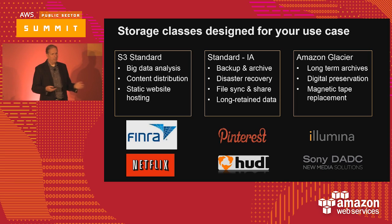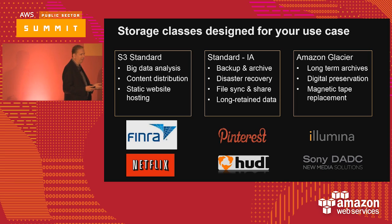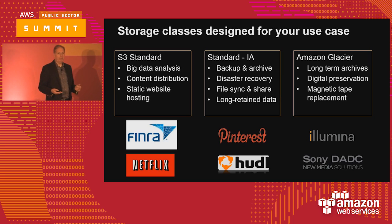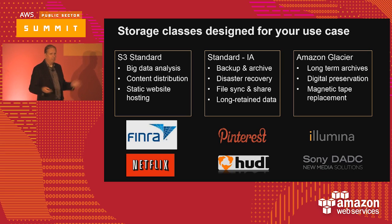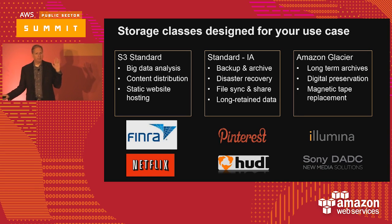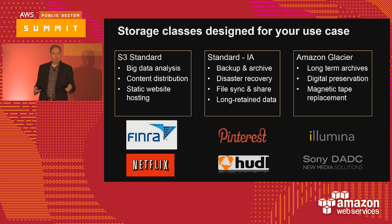When you think about it, though, many other types of data don't fall into that type of data set because only a small percentage of data might be accessed in a particular month. It doesn't matter what data, but say you have a petabyte of data, and on any given month, maybe only 10% of that data is accessed, 10% one month, another 10% a second month, a third 10%, maybe another month 15%. That's when you want to start considering S3 infrequent access. You say, well, I'm still accessing data, and I've got maybe 10 files that are super hot. Well, step back a little bit and look at the overall data set and say, is it 5%, 10%, 20%? Anything under almost 100%, you're going to benefit from savings from S3 infrequent access, or SIA,